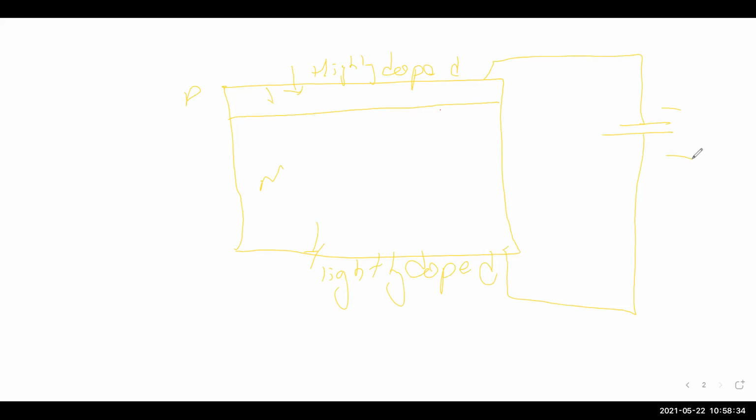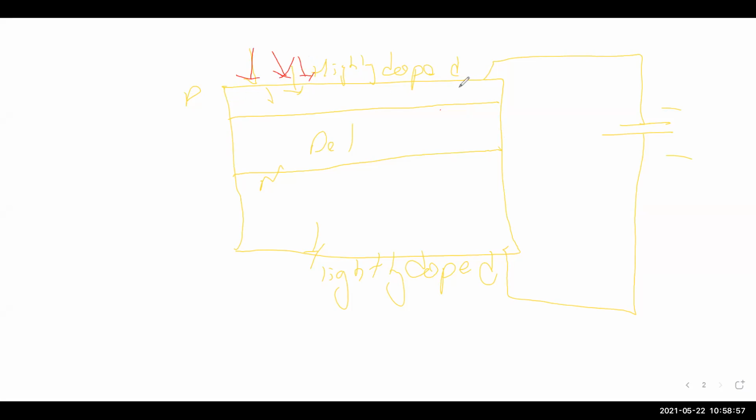Because this is highly doped and this is lightly doped, the depletion layer is huge. Now if solar radiation is falling on this particular region,